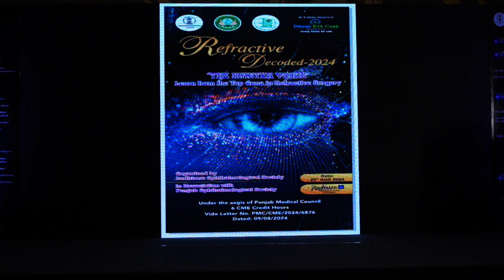Like if it's more than 1.2, then it is suspicious. If it's more than 1.6, then it is highly suggestive. Similarly, the Ambrosio relational thickness, the ART max, is again an important aspect. So instead of going for